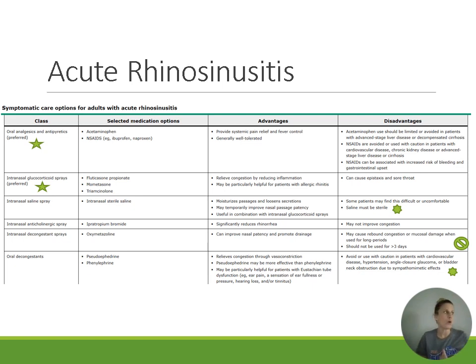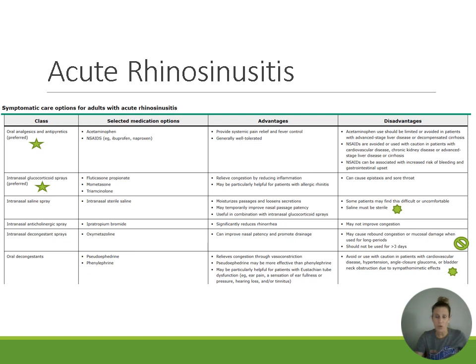The other thing was the intranasal steroid or glucocorticoid. So that would be like fluticasone or mometasone, which decrease inflammation. It's not instantaneous, but they are very helpful, and they don't have that limit of only 3 days. Other options that I want to talk about, I do have starred over here, that if you're using a